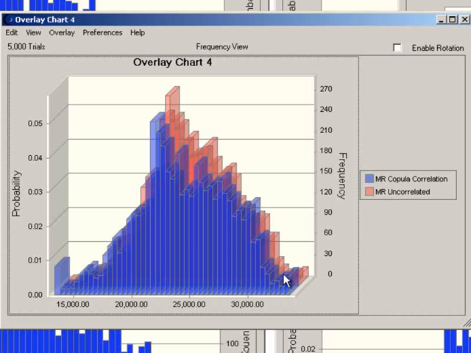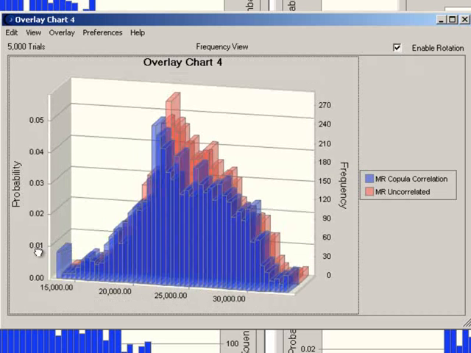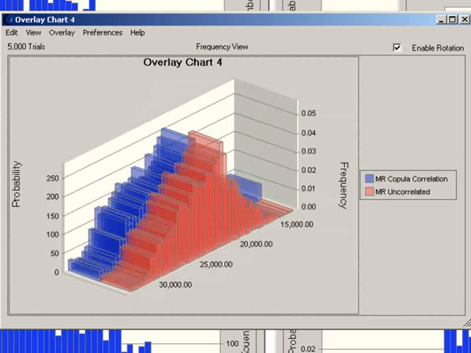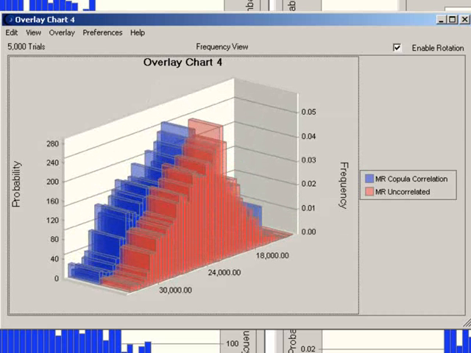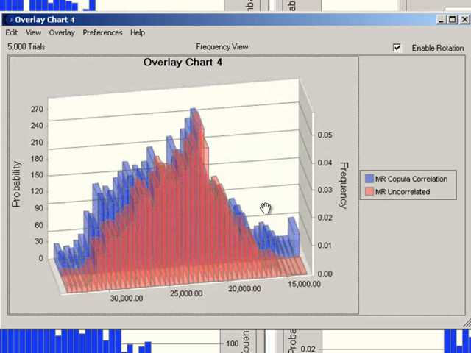And here as well, we have more risk that's pinched in this aspect. If we enable the rotation, we can get a better look at that from the other end. So this right here is really the key difference between a copula and